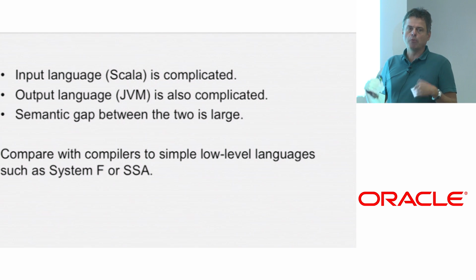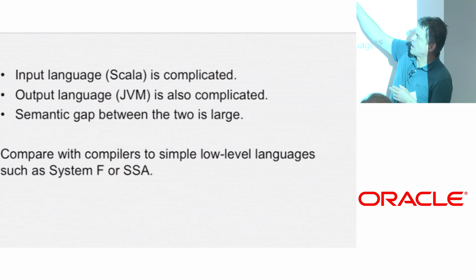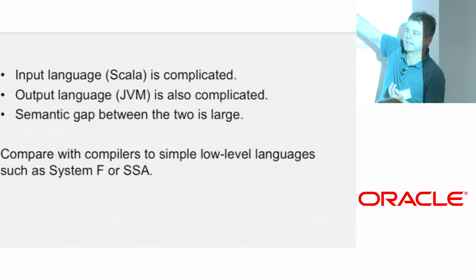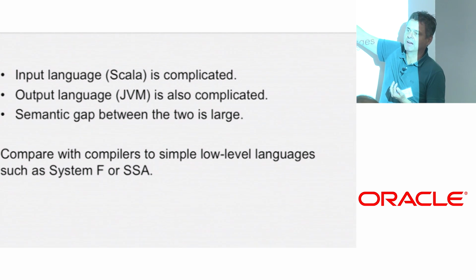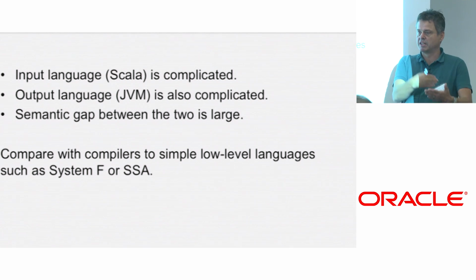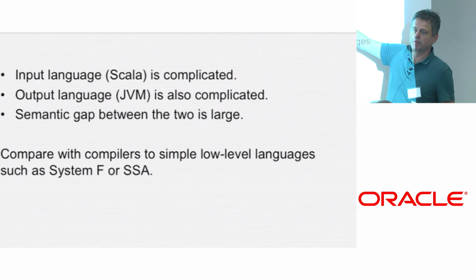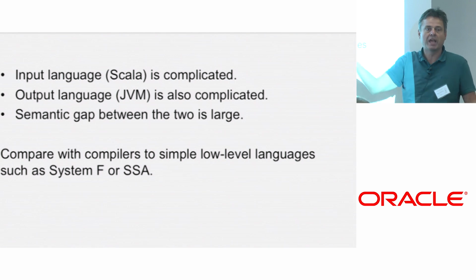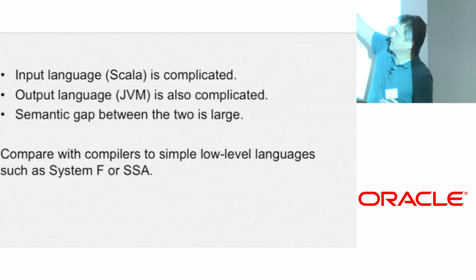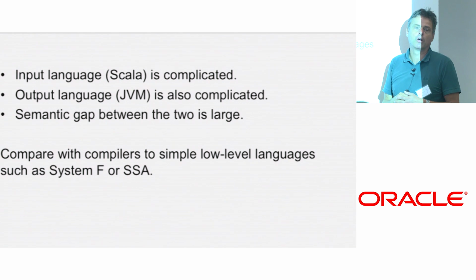The next problem is that the output language, the JVM, is also complicated. So you have a complicated input language, a complicated output language, and for Java, the saving grace is the two are not that different. Java and the JVM are developed in lockstep, so a lot of the things that the language needs, the JVM will provide. Whereas for Scala, that's not true. There's a huge semantic gap between what Scala is and what the JVM is. We can bridge it, but we require a lot of transformations. So that means we have a complicated system that requires a lot of different transformations to map into another complicated system.